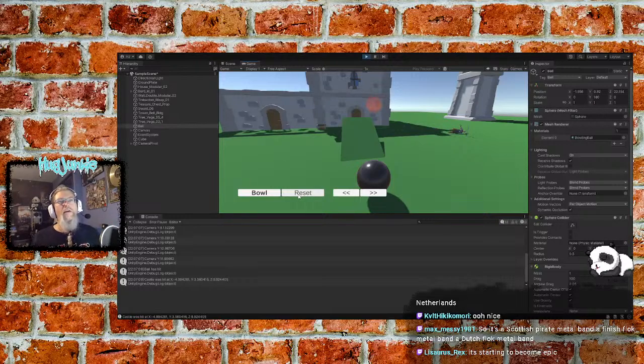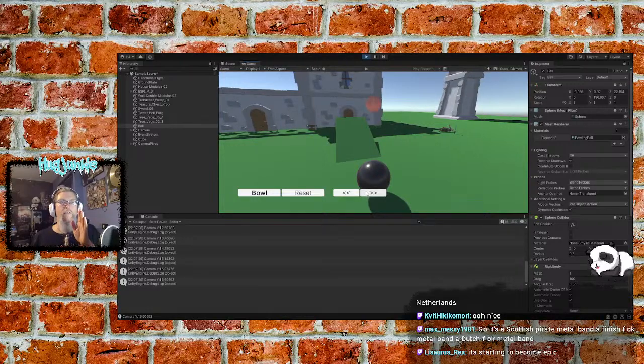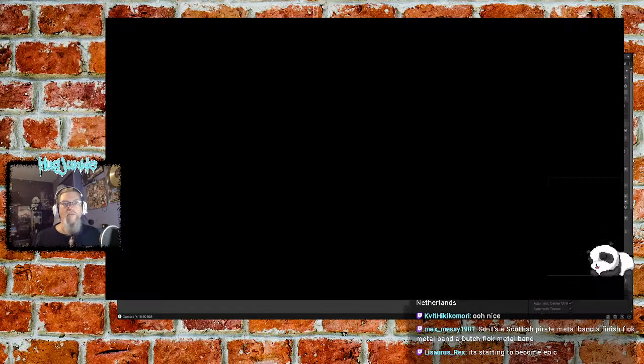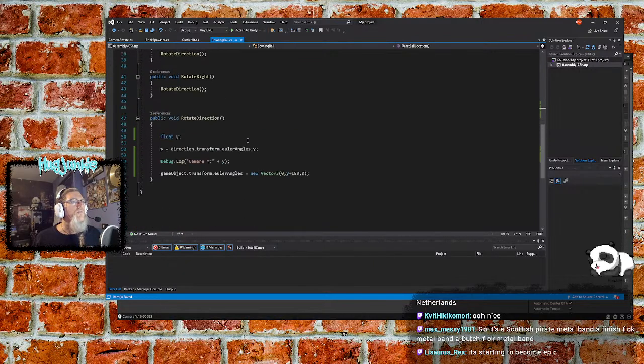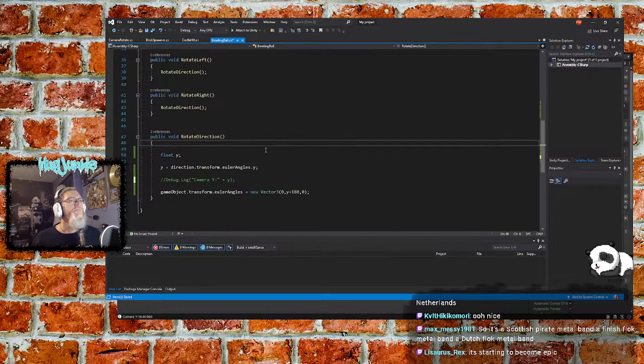Okay, right. Now, you may notice hitting reset will always put it to 180. So the ball is always lined up the ramp on reset. But if the camera is already facing this way, we want the ball to lock back to where the camera is without having to move it left to right. But that is not hard because the code is already there and we're already doing it. And we also want to get rid of that log. Rotate direction. So if I do that,